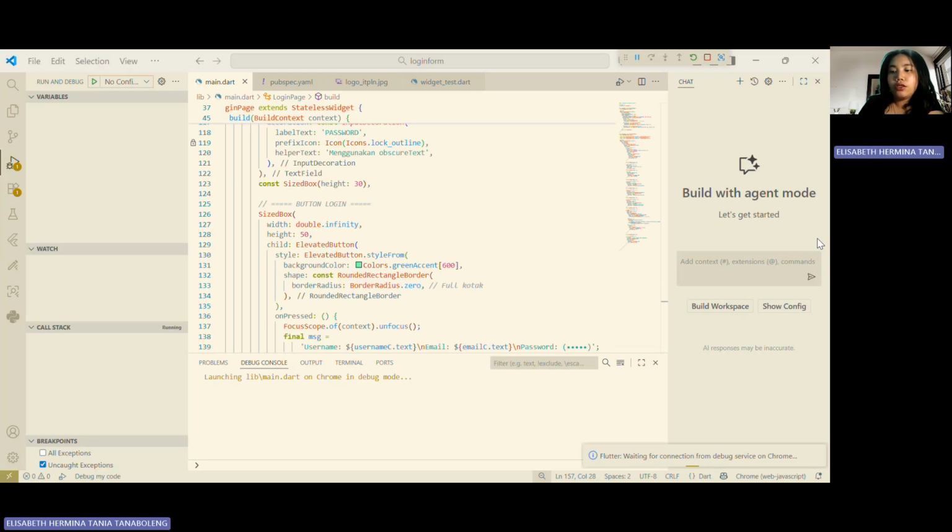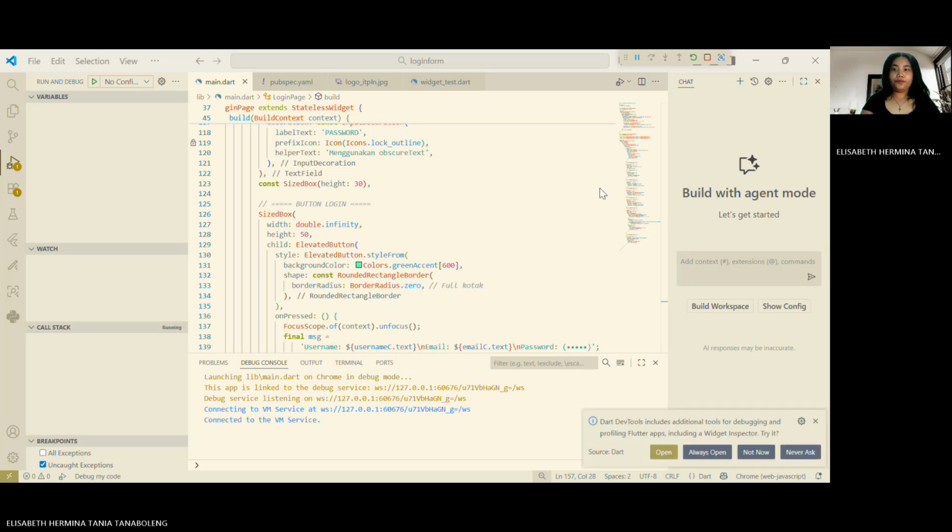Can you see that? If you can see, this is my final project from this assignment.